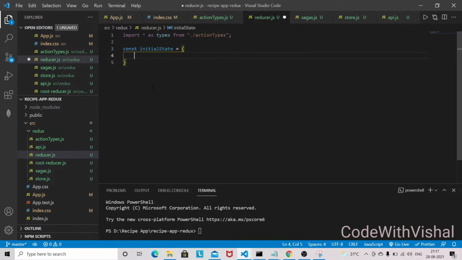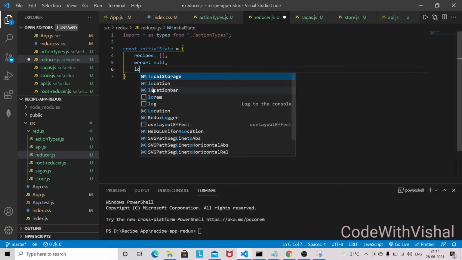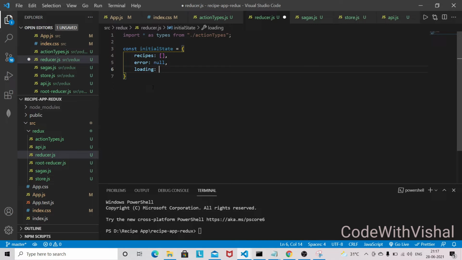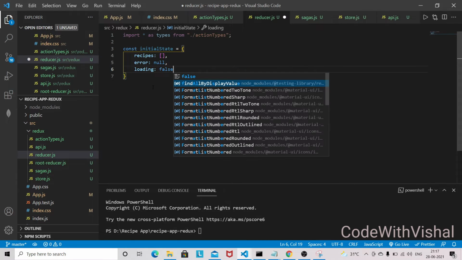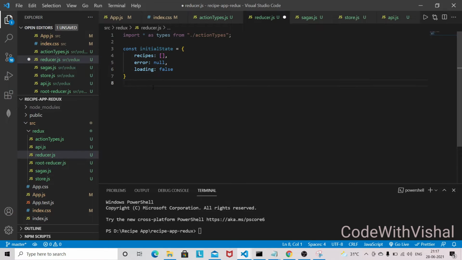So the initial state will be recipes, an empty array. There will be one error, null, and loading will be false. And we are going to use a recipe reducer here. So const recipe reducer,